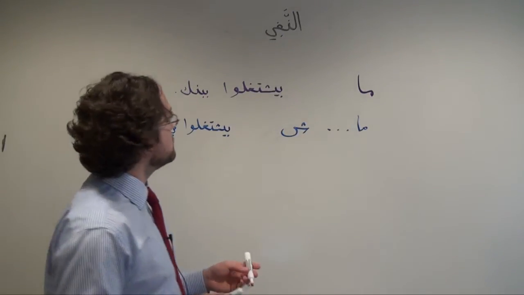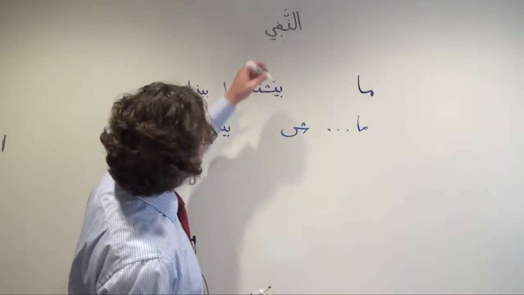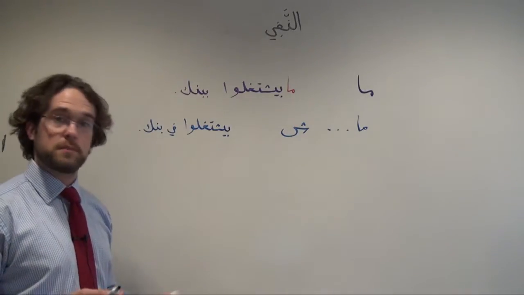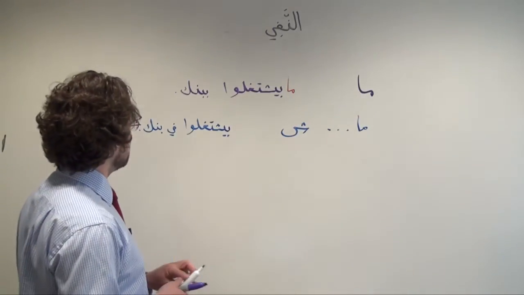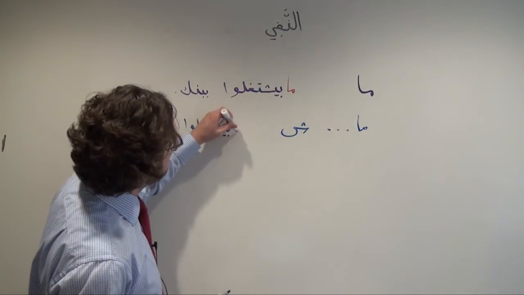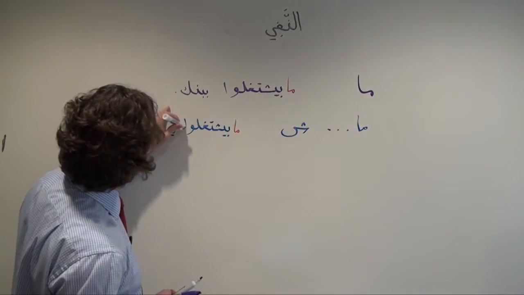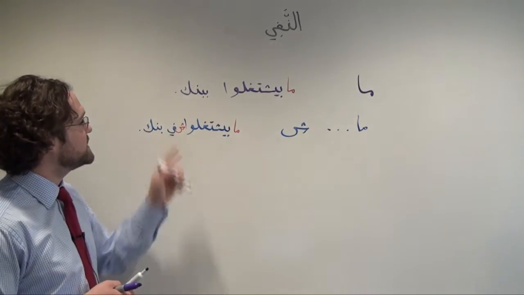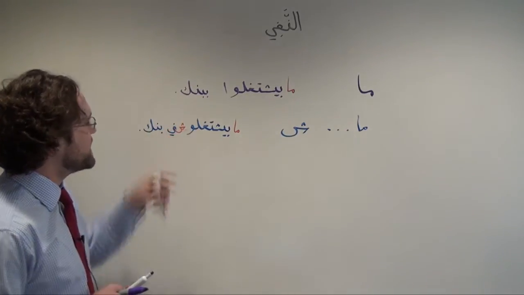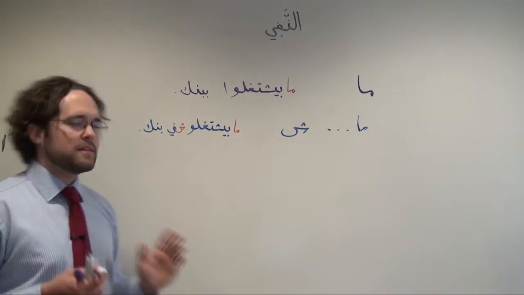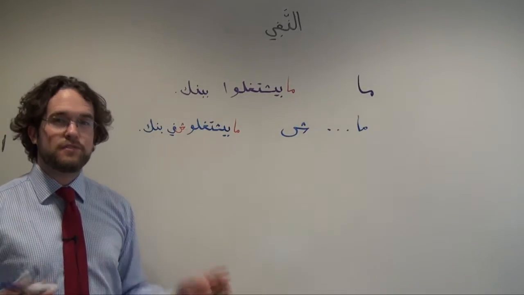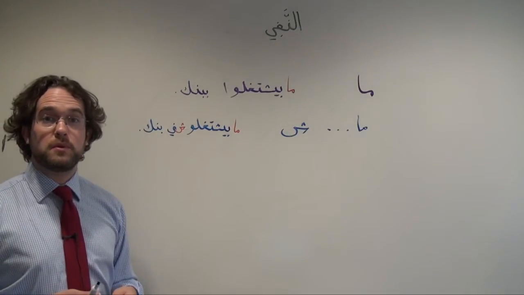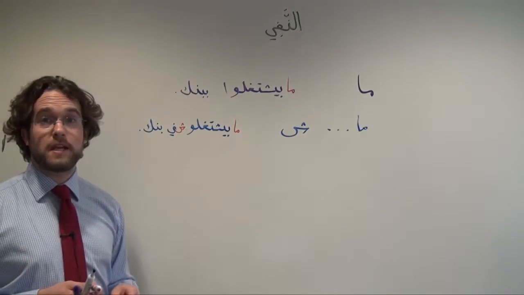In Shami, in Levantine, in order to negate that sentence, we would simply need to add a ma at the beginning. Ma بيشتغلوا ببنك. They don't work at a bank, they work someplace else, we don't know where. In Masri, what we would need to do is say ma بيشتغلوش في bank. Right? We would add that sheen to the end. Perhaps we would get rid of that alif. Again, there's no standard orthography for dialect, so if you're reading a dialect in some context or other, on the internet for example, or in an ad, you might expect some slight variation.